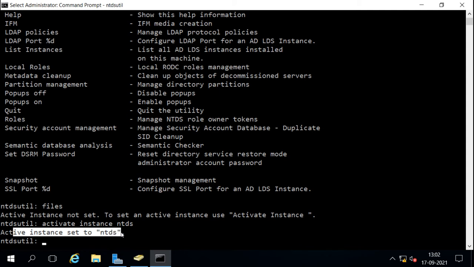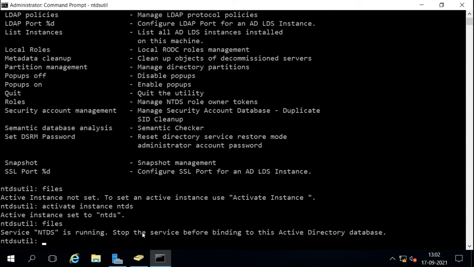We want to manage the NTDS. Now when I go to files again, it gives me an error that the NTDS service is running. Stop the service before binding to this Active Directory database. So we cannot do this unless the service is stopped, and the service is now stoppable.